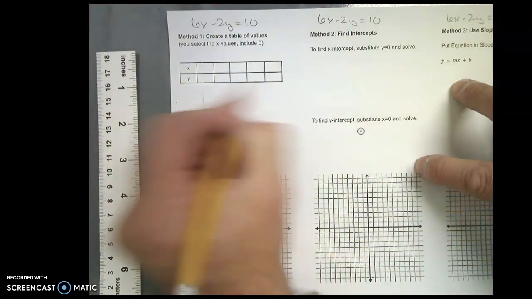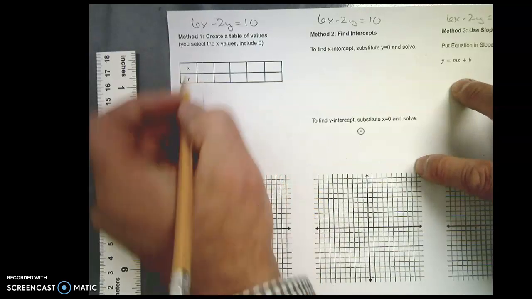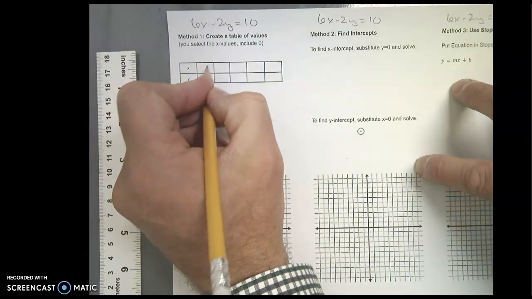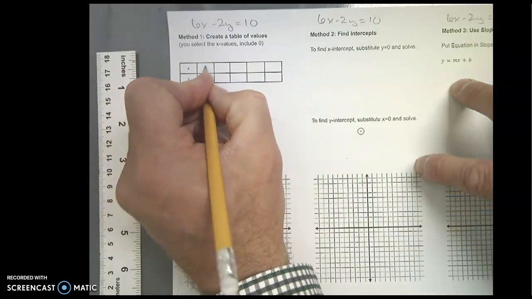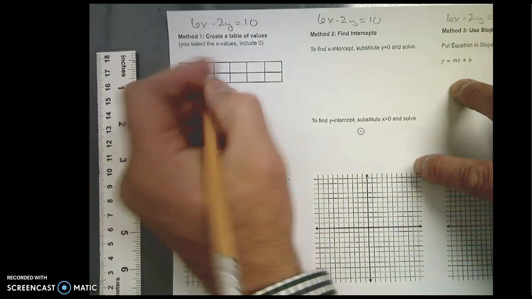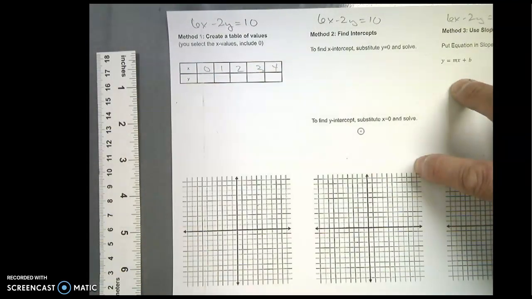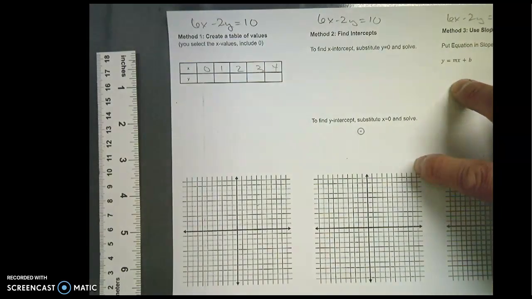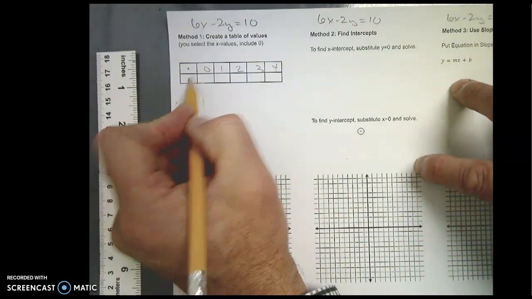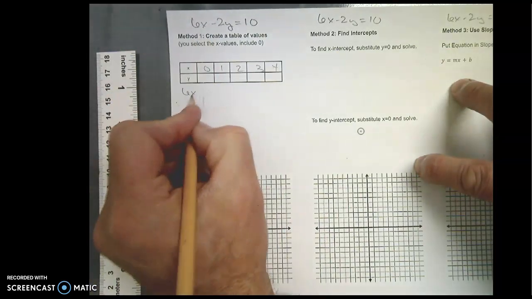So I am going to pick some easy numbers to substitute into this equation. I like positive numbers. I also like the number 0, so I like to just start with 0. Maybe I'll do 1, 2, 3, and 4. I'm going to choose those for my x. Then I'm going to substitute in for my x into this equation, my 6x